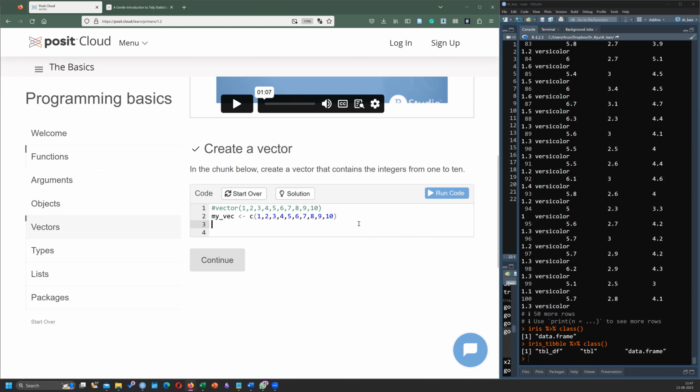But why is nothing showing? Because you just assigned it. You're not asked to show it.